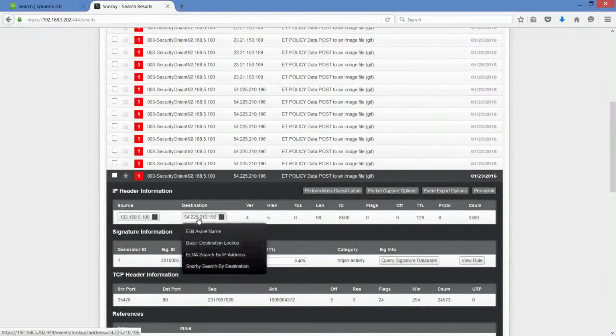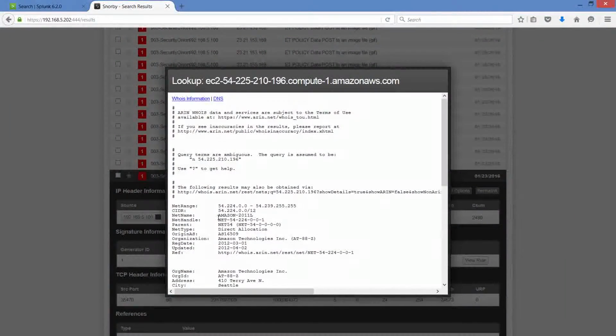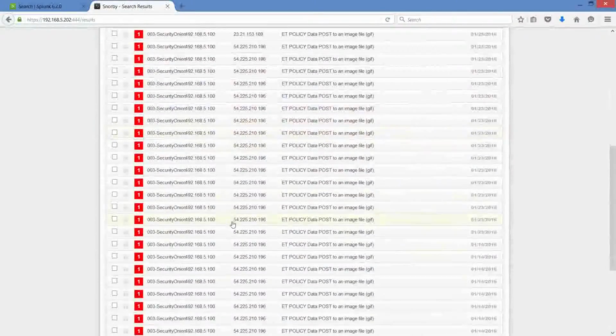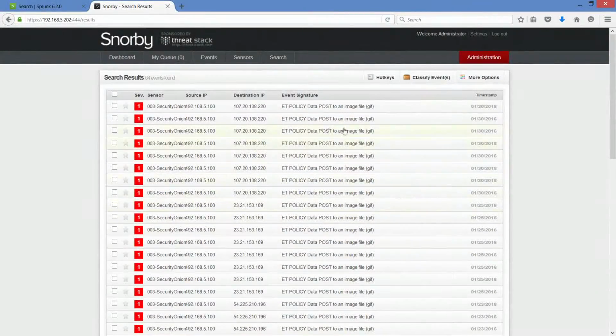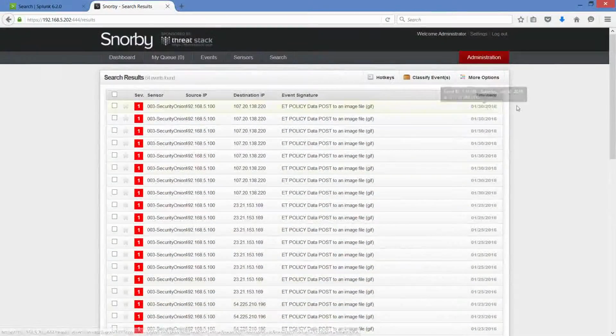And 54.225 is the same, Amazon 2011 L, all within there. Alright, so we know as much as we can about who it's coming from. We've got a date time frame all the way from January 14th to January 30th. We've got the policy, and now I want to